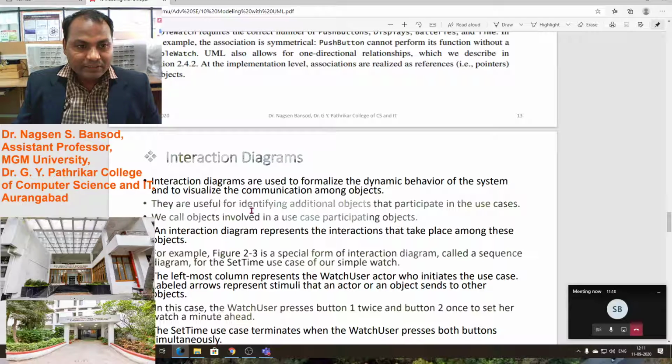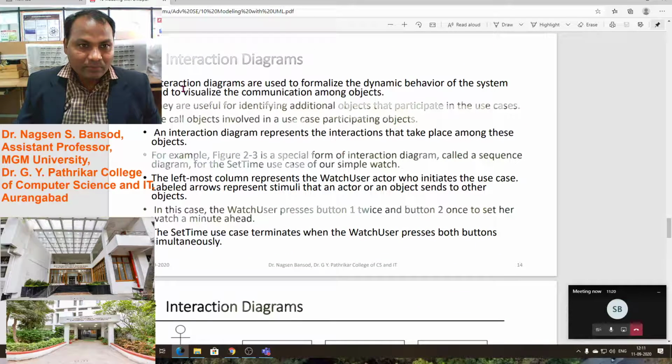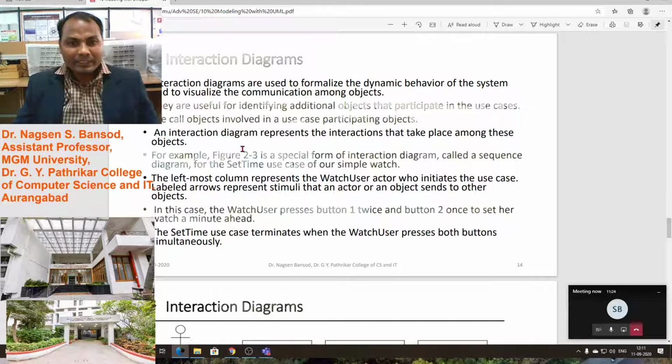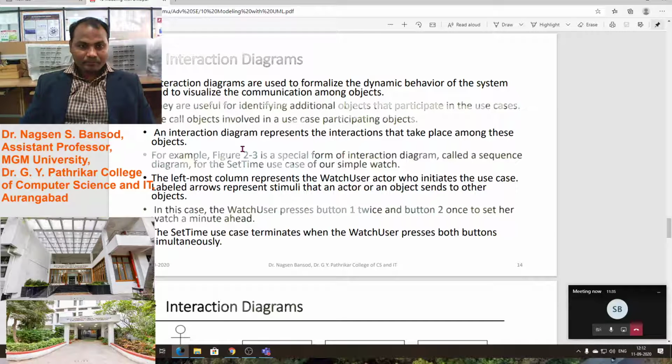Now today we will discuss the interaction diagram. An interaction diagram is used to formulate the dynamic behavior of the system and to visualize the communication among the objects. For the behavior of the system, we have to design the interaction diagram.